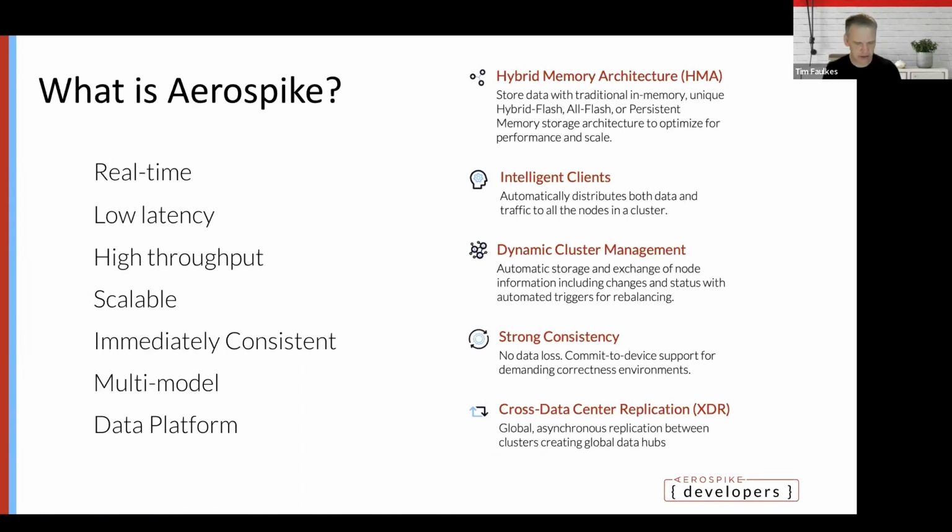I've already mentioned strong consistency. We can guarantee no data loss. We can enforce that under all circumstances. And there's a test out there called the Jepsen test. Aerospike is one of the very few NoSQL databases that passes the Jepsen test. And this is a test that says, can this database, under any circumstances, lose data? They don't care about performance. They don't care about scalability. They care about consistency. And passing that test gives you the bona fides to say, yes, we know we can